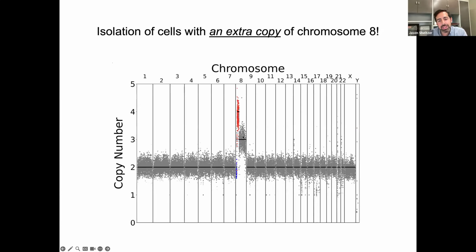So instead of having 2 copies of 8q, 3 copies of part of 8p, and 1 copy of part of 8p, this clone had 3 copies of 8q, 4 copies of part of 8p, and 2 copies of the deleted region of 8p. And while Sophia and I were thinking about this, we realized that this might be useful